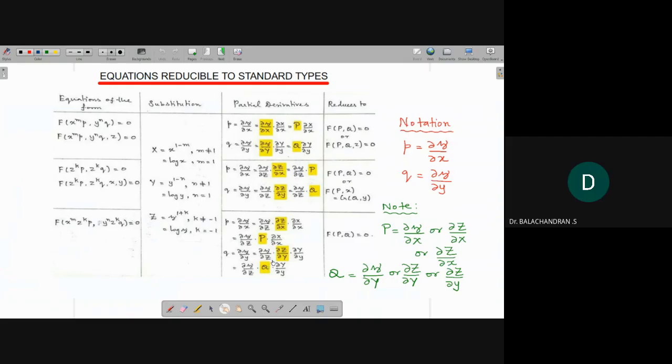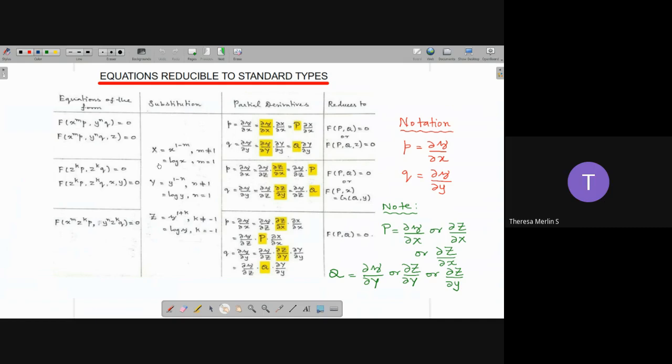So when we use the substitution X and Z, we will use this P. If we use Y and Z, we will use this Q alone. Now, suppose I use capital X only, then which partial derivative will you use? The first one is enough, P. If I use capital Y, then the second one, Q alone. If I have used capital X and capital Y,